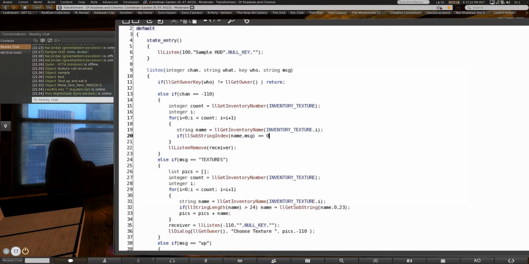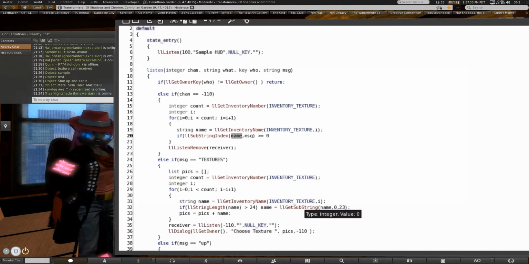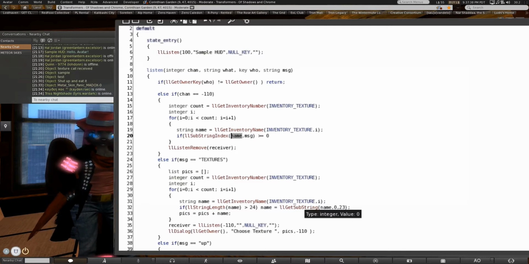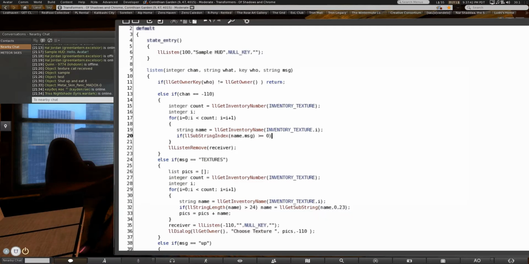If the specific chunk of text in message does not show up anywhere in name, then it would be -1, because 0 is the first character. -1 is it is nowhere in there. So, if that substring is greater than 0,